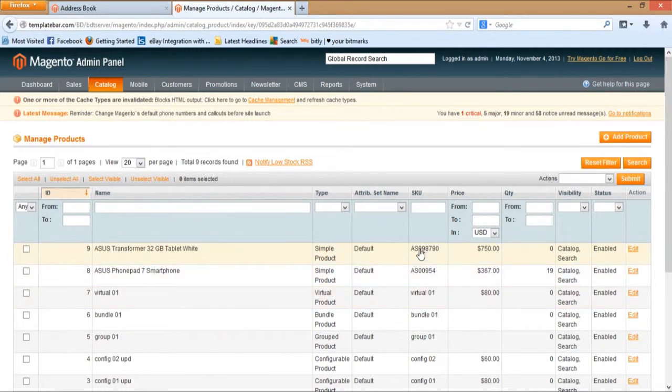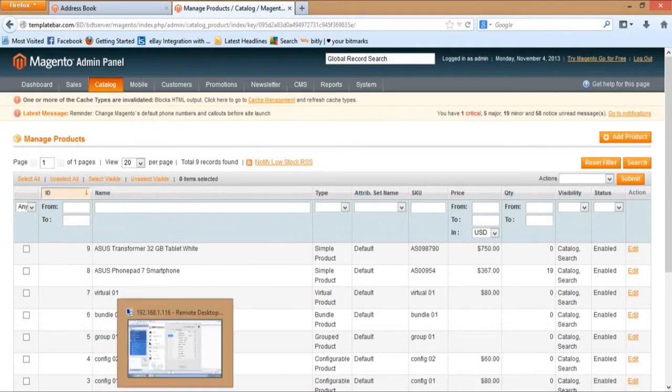The item code of SAP Business One will be treated as the SKU of Magento, along with the price which is available within the item master data under price list 1, which is the default price list for this website. Currently the item does not have any stock in SAP Business One, so that's why stock is not available against this item. So now let's add some stock within SAP Business One and then let's see what will happen within Magento. So I'll move to my SAP server.